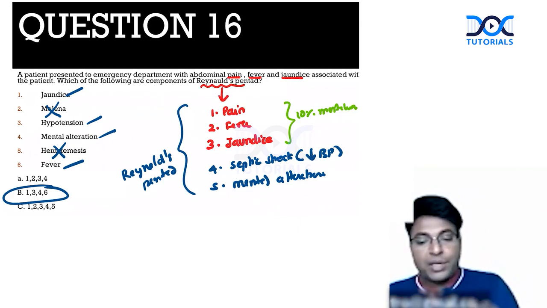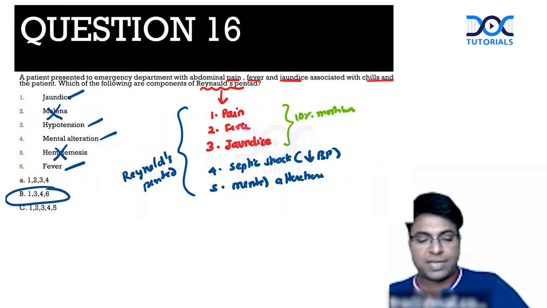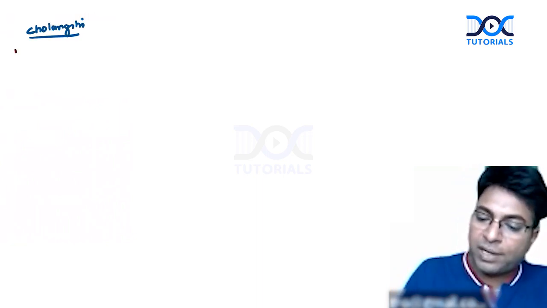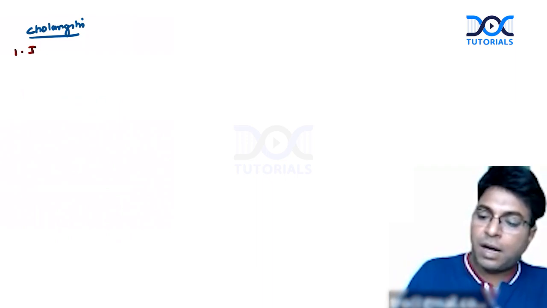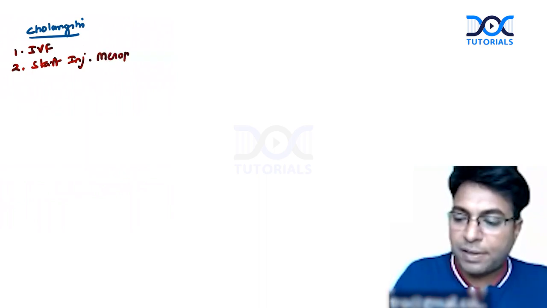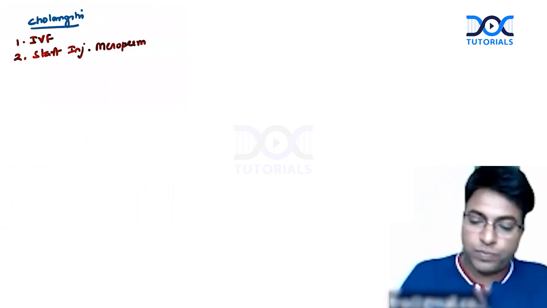Please don't forget. What will I do for this case now immediately? So now the protocol in the management of cholangitis. This is a very straightforward line from Sabiston. A cholangitis patient coming to you with septic shock, how am I going to manage? Let me tell you the protocol. Number 1, start IV fluids. Start higher antibiotics, not simple injections. Start meropenem or higher antibiotics. Simple antibiotics like ceftriaxone and metrogyl are not useful.